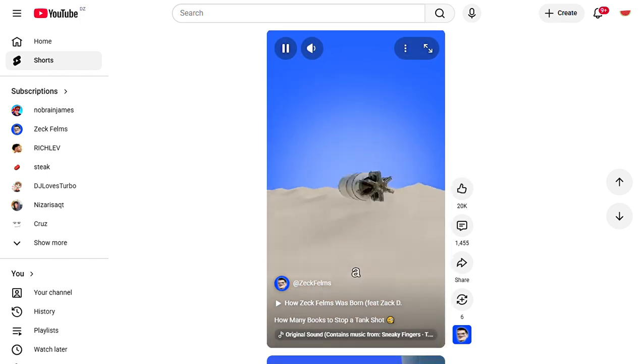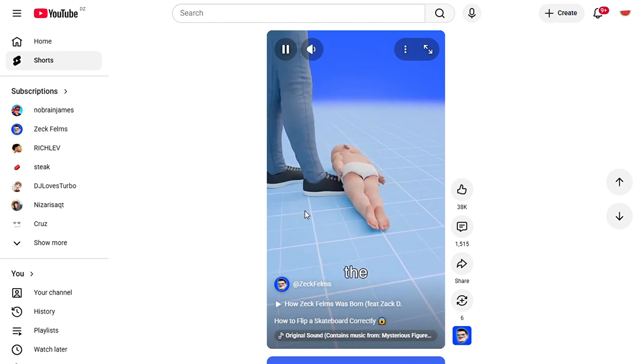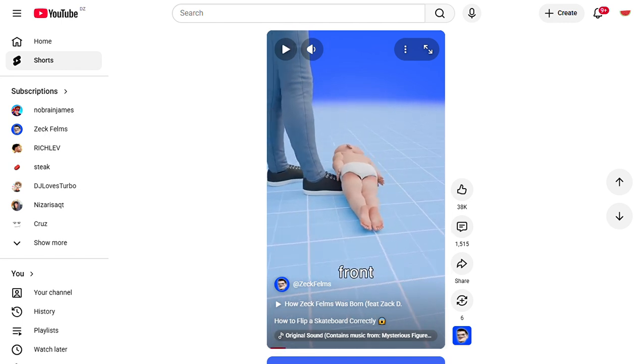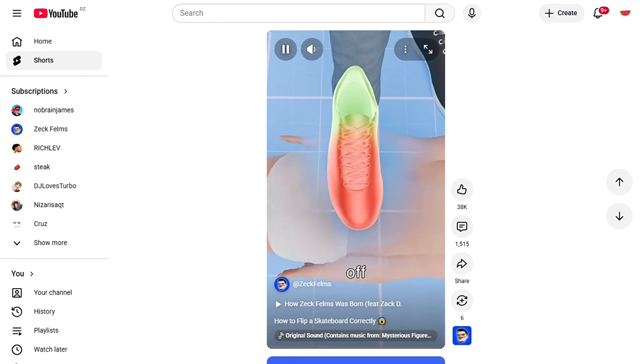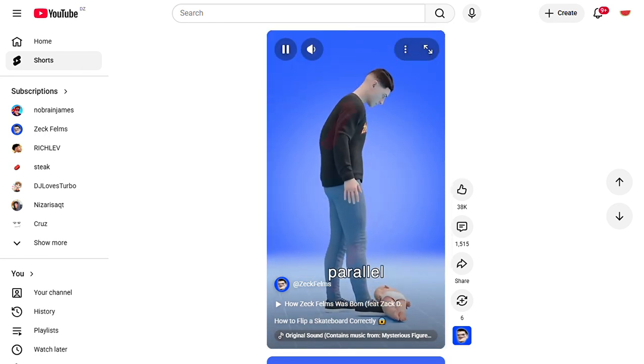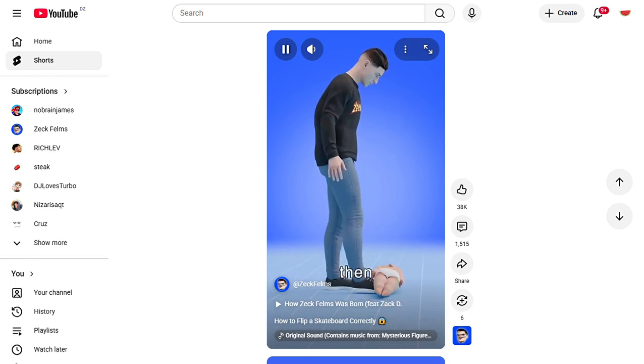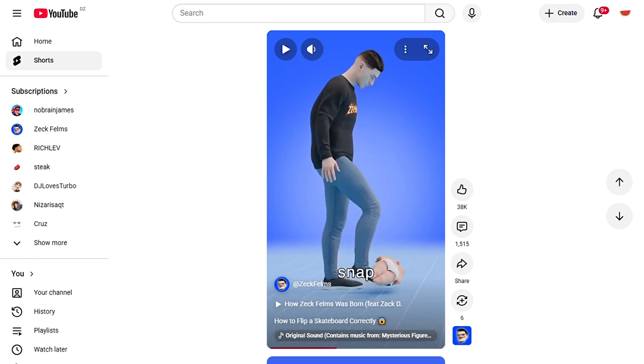Start by placing your front foot behind the front bolts with your toes slightly hanging off the edge, keeping your shoulders parallel with the board to maintain balance. Then... Because that made me laugh. Yeah, we lose the...